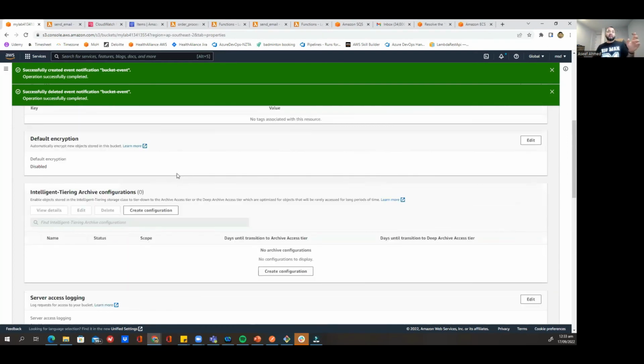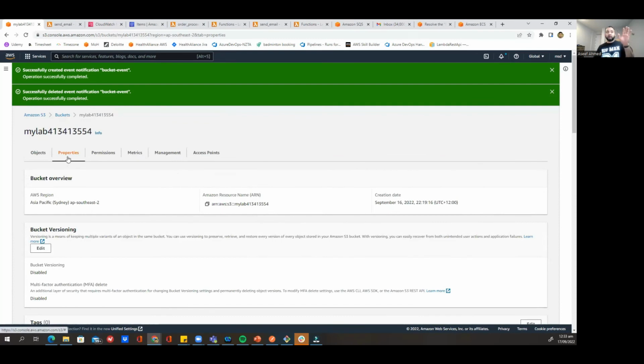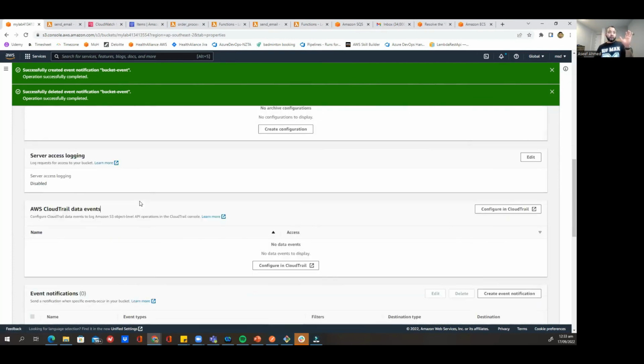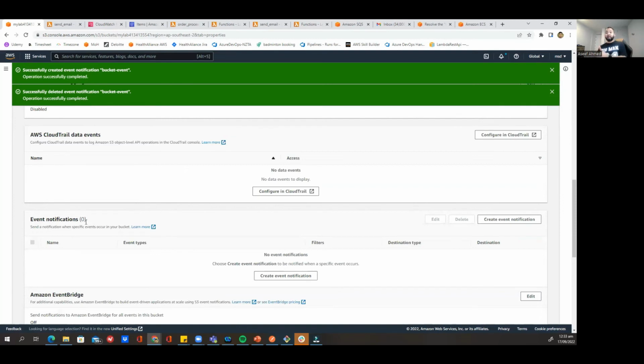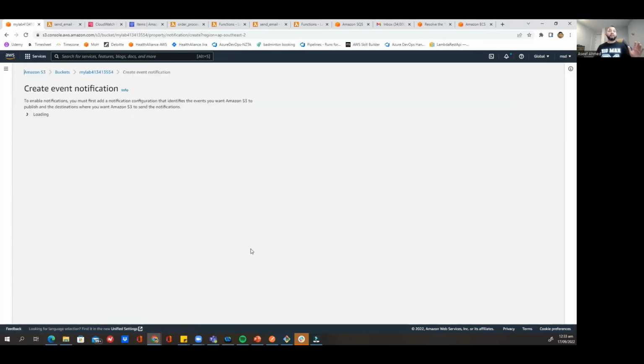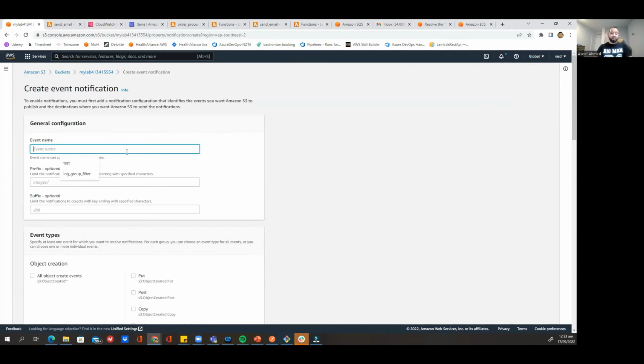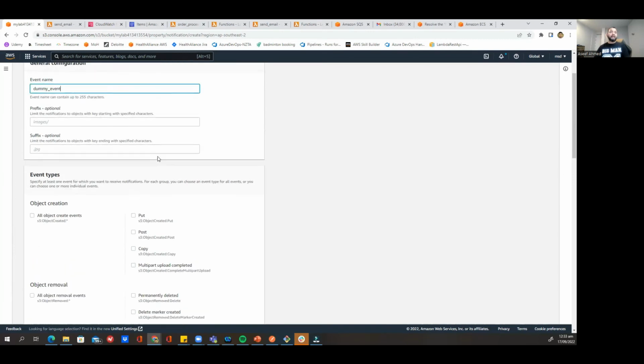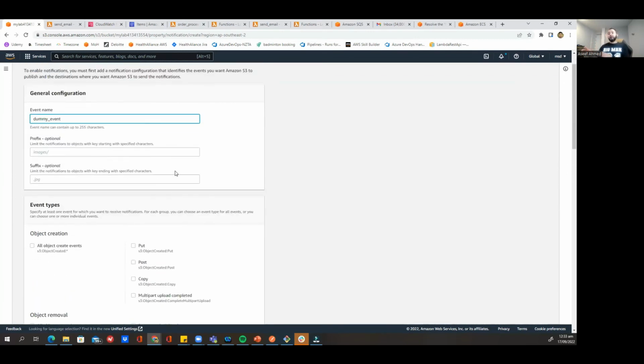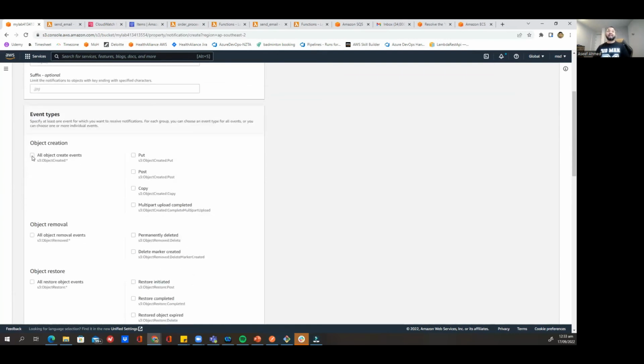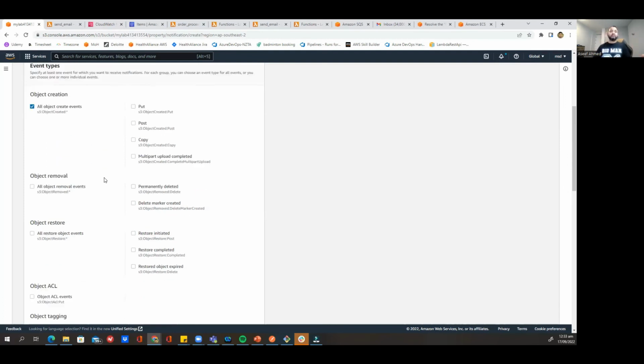I will go to the S3 bucket, and then I will go to the properties tab, and at the very bottom there is an option for event notifications. I will create an event, and let's give a dummy name, like dummy event. I want this event to be for all the objects created within this S3 bucket, and I want the Lambda function to be triggered only when any new object has been created within this bucket. So I will check all object create events,